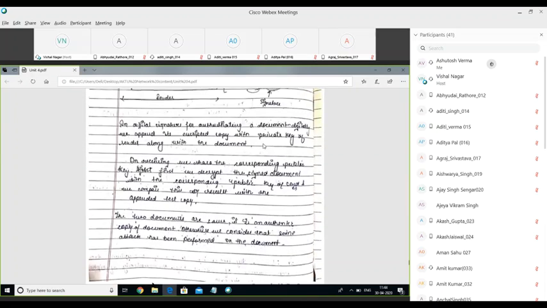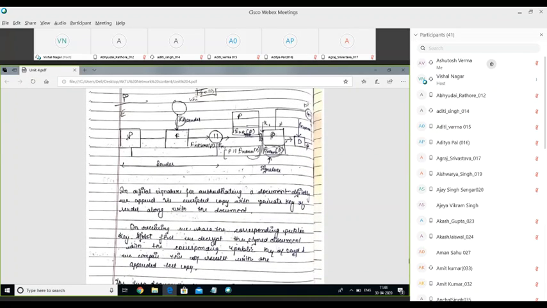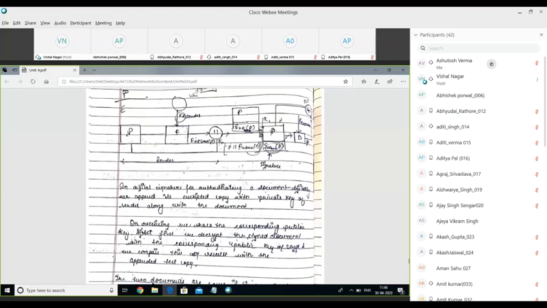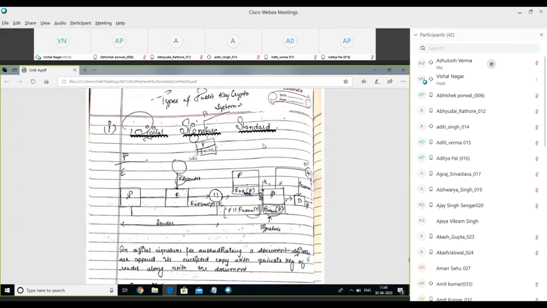So, class, you can tell me if you have any doubt about cryptography, this digital signature standard. I'll repeat the content. Otherwise, I'll move further to cover the next topic. That is again from cryptography only, and that would be the last topic of Unit 4. After that, we'll start Unit 2, the remaining content of Unit 2. Class, if you have any doubt about the digital signature standards, you can tell me, please.